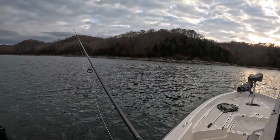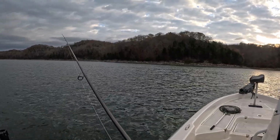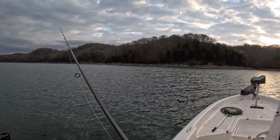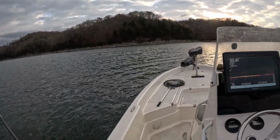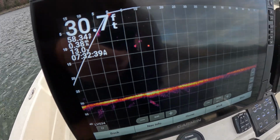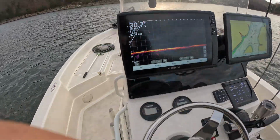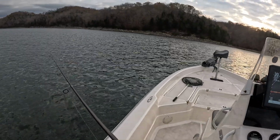A single fish here, it doesn't look real big, but a single mark. We'll show them the Damiki here. No, it didn't react. Didn't react at all. You can see the small mark and a Damiki rig coming by. Probably a crappie. Once in a while, a bigger crappie will eat the